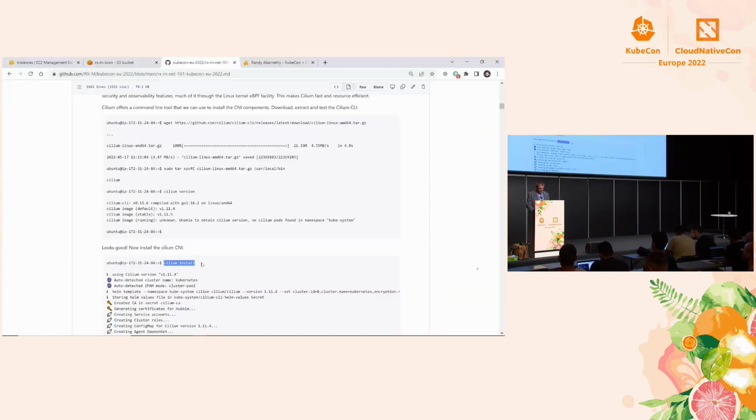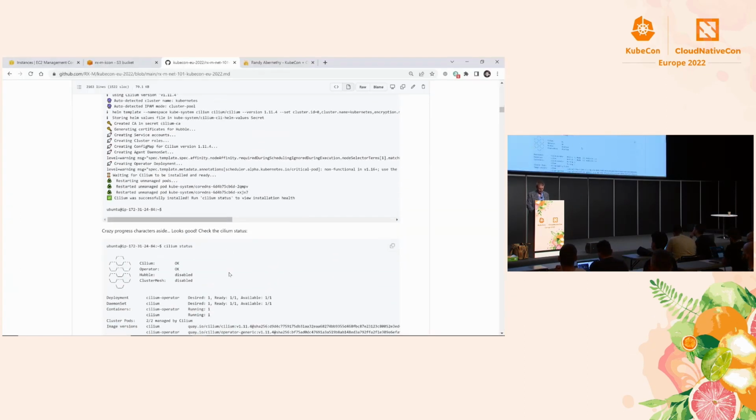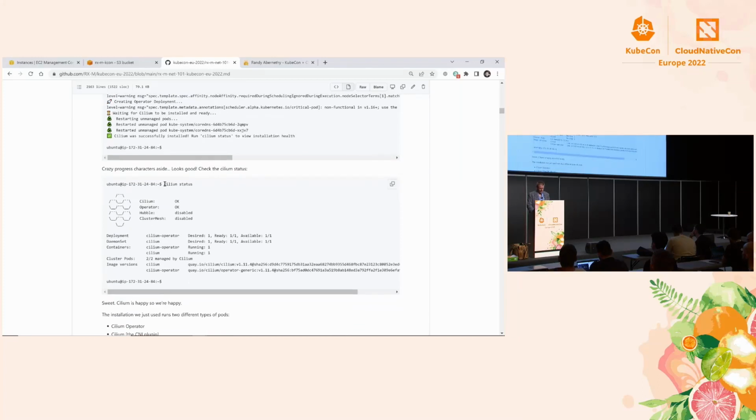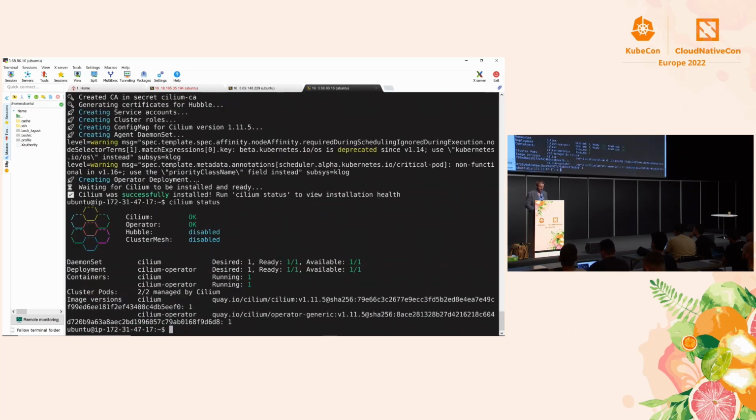So now that we've got Cilium up and running, we can do some things like ask it status. All right, this is the nice thing about having a CLI and a control plane. We get all sorts of pretty colors, and so it looks good, right? We have the operator running, and we have a single node, so we have a single Cilium agent running. If we were running 40 nodes, because it's a daemon set, it would run on every single node, and there'd be 40 of them. But we only have one node, so we only have one of the Cilium plugins.